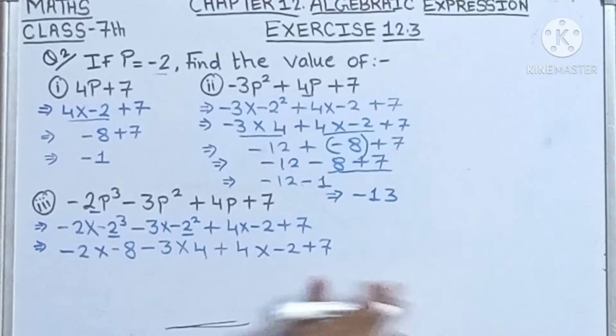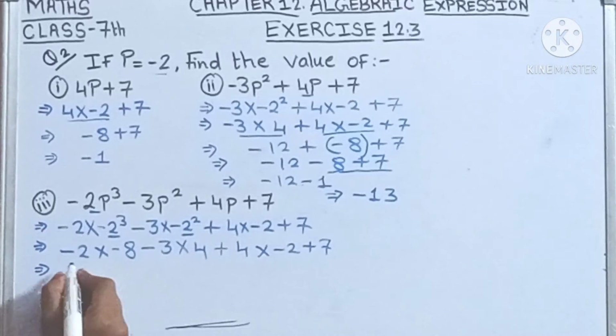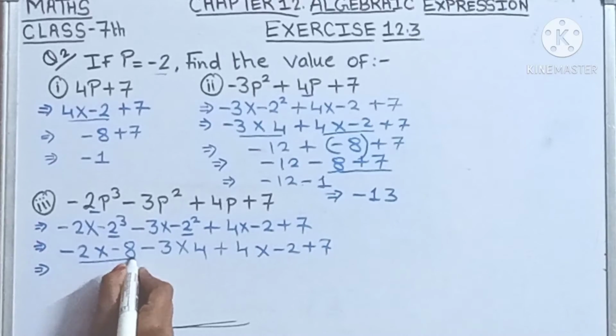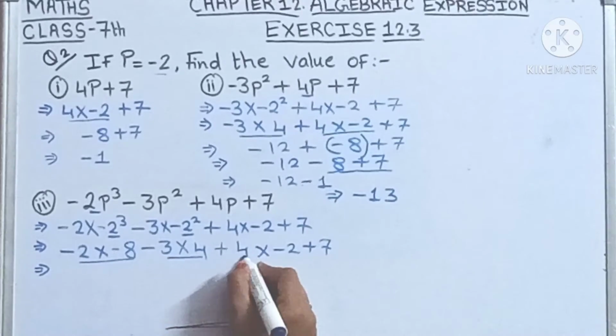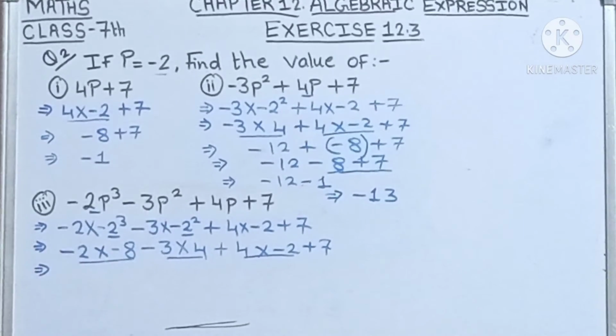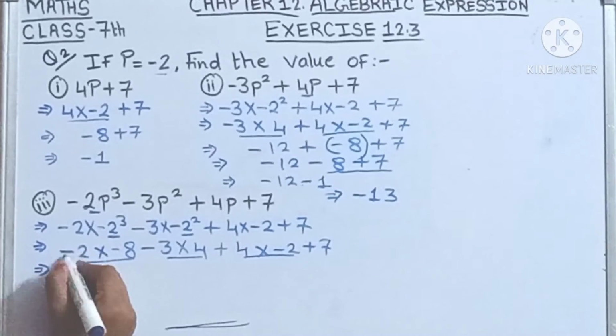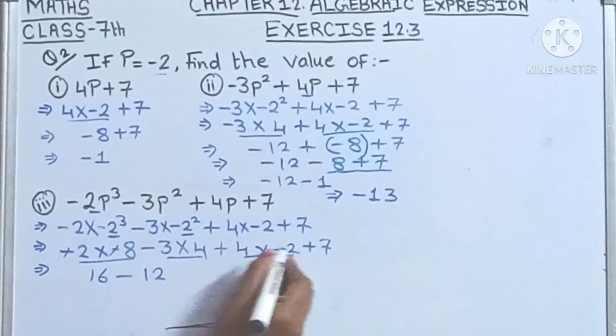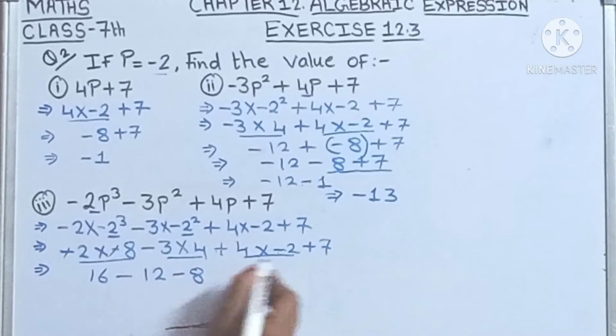Now in the next step what to do? First we will solve the multiplication terms. Okay, so we will underline so that it will be easy for us to solve. We will underline the terms which have to be multiplied. Whatever is to be multiplied, we underline it, so it will be easy for us. Now we will multiply this one. 8 2s are 16, and minus minus cancel, or minus minus plus. Clear? This one minus 4 3s are 12. Now 4 2s are 8, and one sign is plus and one sign is minus. Plus minus minus, and last one plus 7.